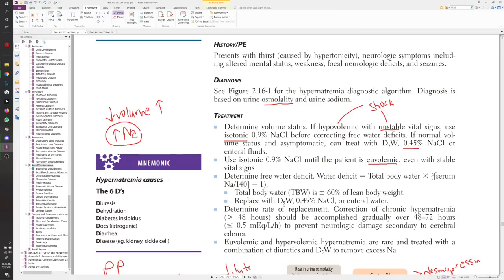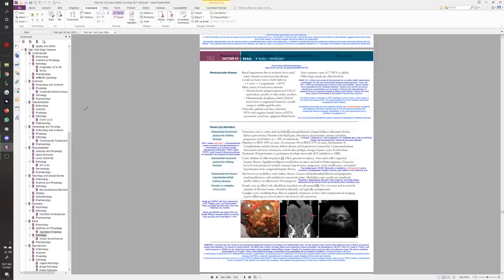Now, this is an equation. Do you need to memorize and know this equation? Not necessarily, not really at all. Water deficit, so a person having free water deficit really depends on what they're kind of going through. Things you should know, and we've looked at this in step 1 as well. So if we come back to right here,